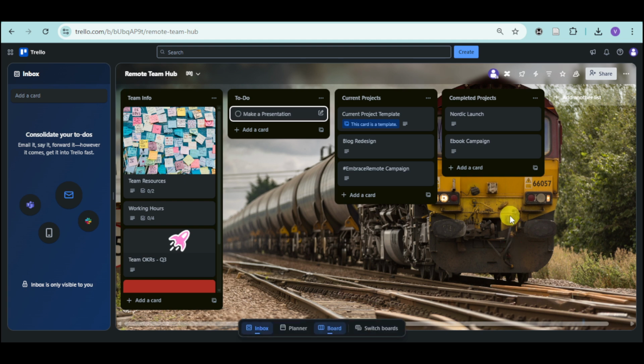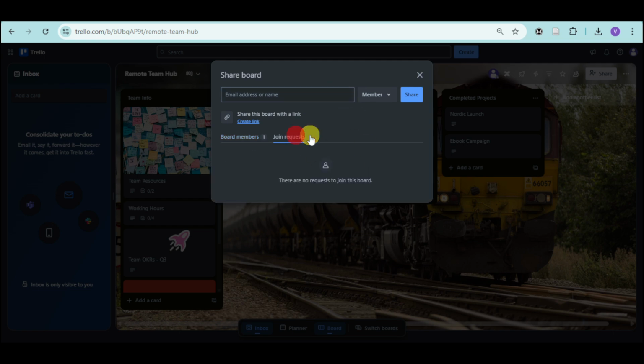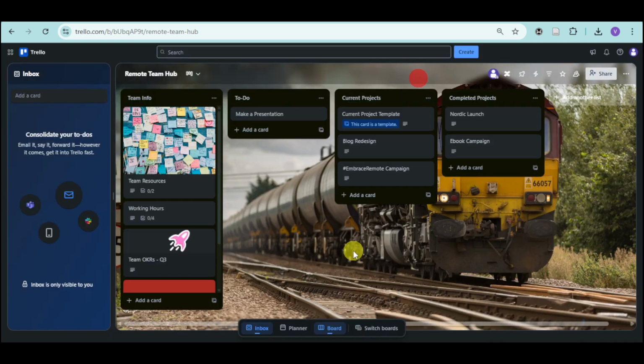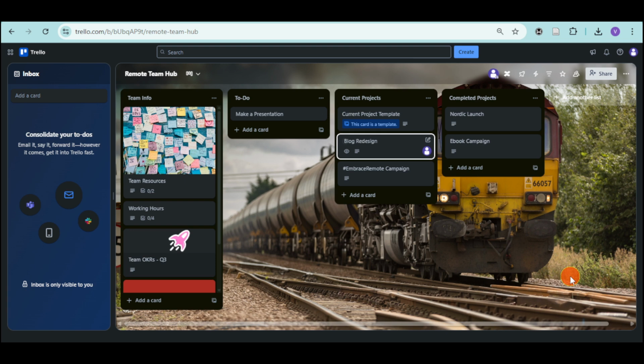So if you would want to use this to manage your team, you can click onto the share option and input right here the name or email address of the team members that you would want. And you should be able to see in here the join request for this particular board. So you can assign members on any project that you have. You can add in here description and you can click on members and assign the members that you want to work on a particular